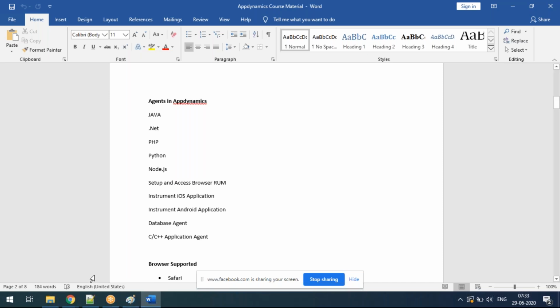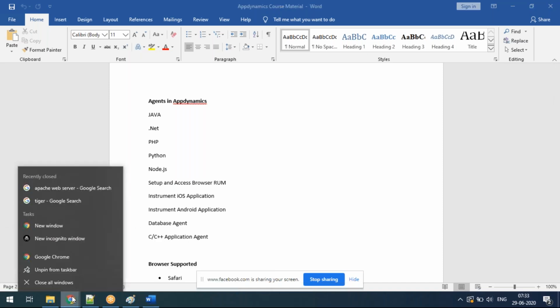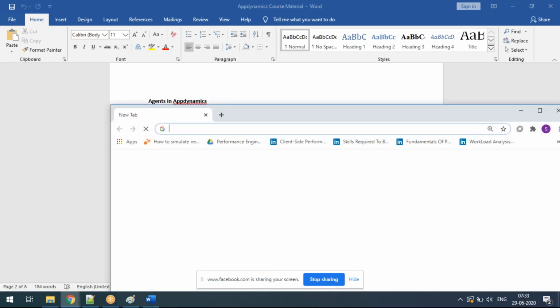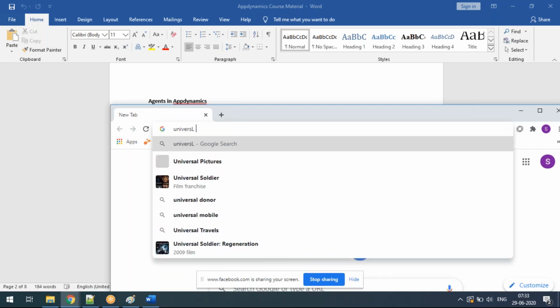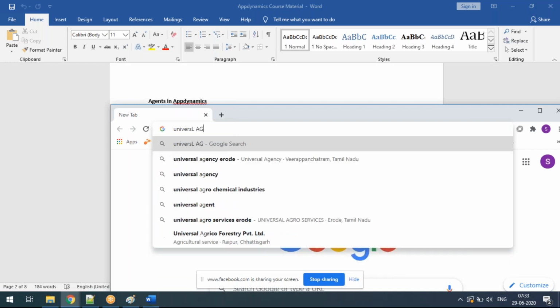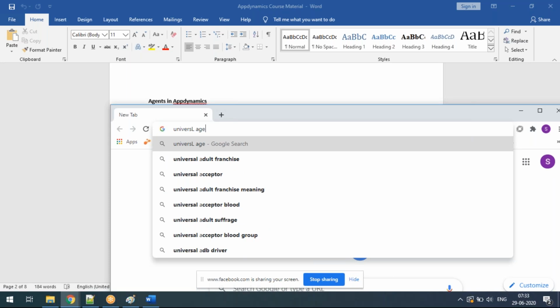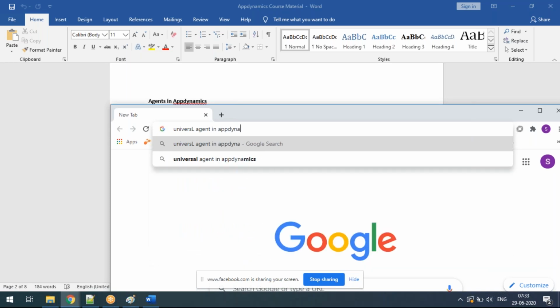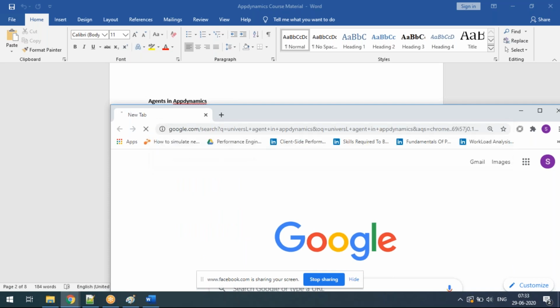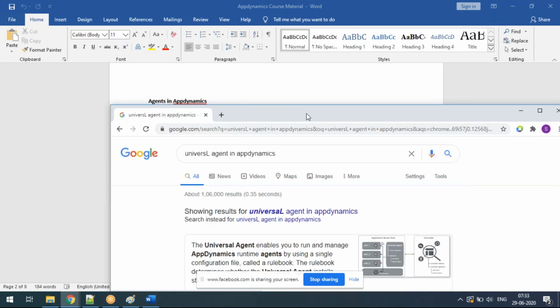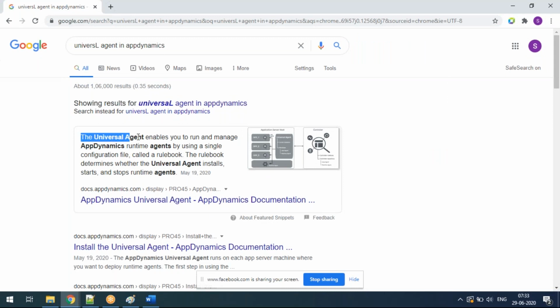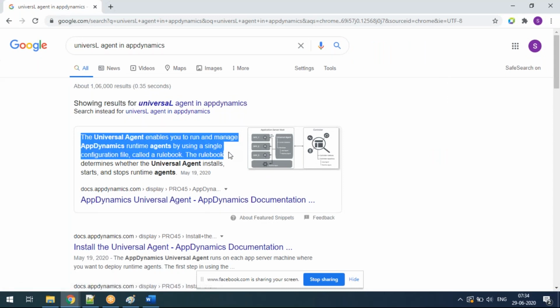But in AppDynamics also, there is a concept called universal agent. The universal agent is enabled to run and manage AppDynamics runtime by a single configuration file. It is quite similar to your one agent.